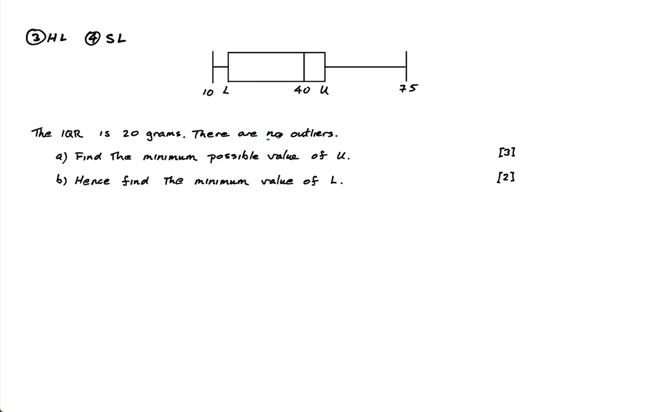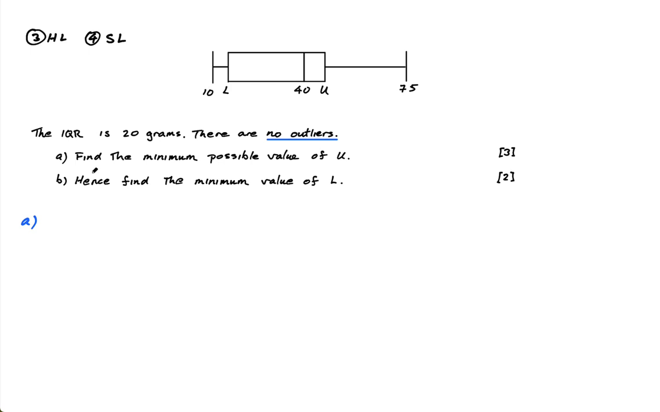Now this is actually the important point here. If there are no outliers, then what does that mean? Well, I'll get to that in a second. So find the minimum possible value of U. So outliers, there's a formula we need to know for outliers, and the formula is any value that is more than 1.5 times the interquartile range above the upper quartile or below the lower quartile